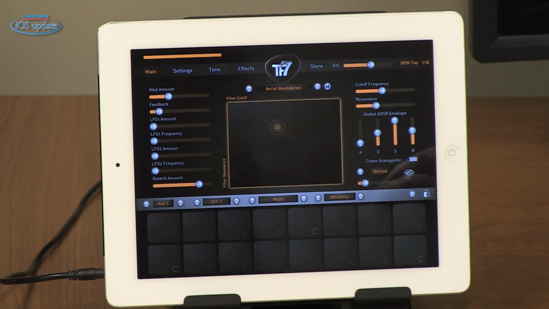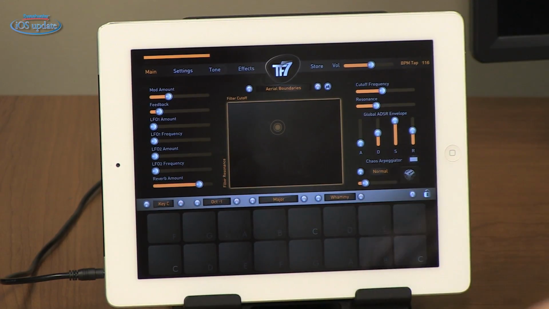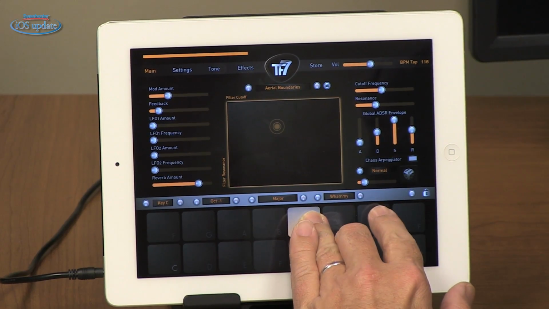Now the way the pads are arranged, they go from C to C, and then on the next row up, they go from F to F. So you can play chords by simply making shapes on the pads. So for example, if we trigger an A, C, and an E,